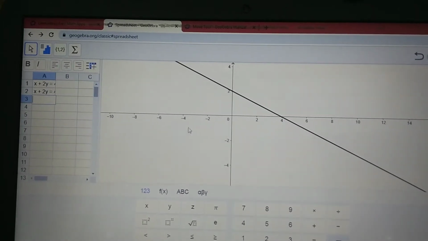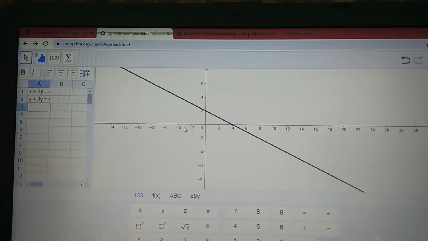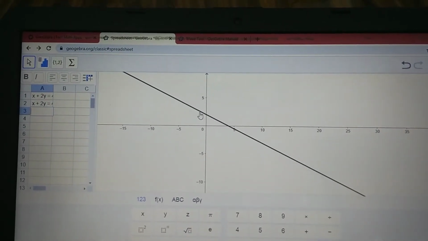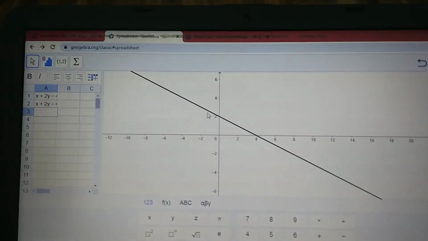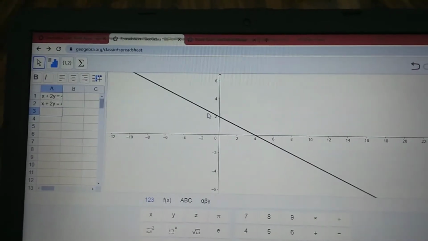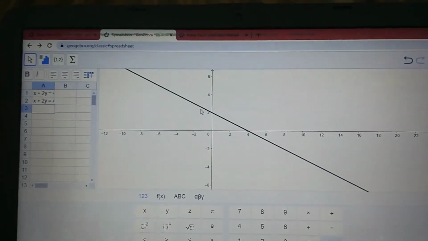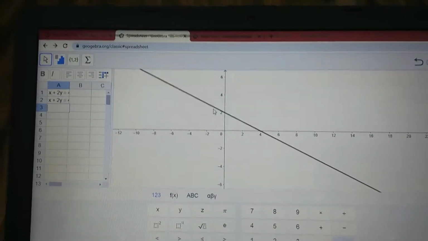That's the reason you are able to see only one line over here. This is the way you can check whether your solution is correct or not. There are two lines but both the lines are coinciding. This is the reason this equation has multiple solutions, or we can say infinite solutions.